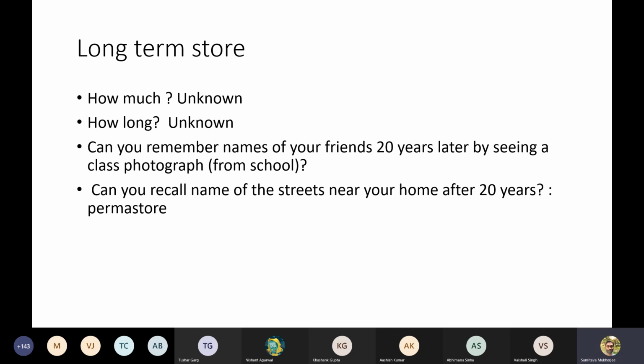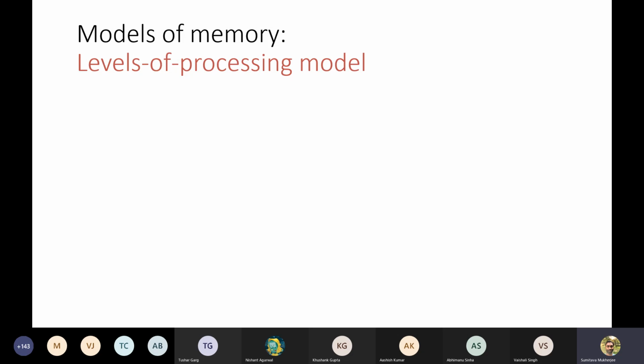However, some of you think that you might remember one or two places, one or two names all through your life, which is why some people also think that long-term storage is actually permanent storage. We somehow don't forget some of the information all through our life, unless there is a memory disorder or some other cognitive disorder. So technically it's kind of infinite. However, having said that, the three-store model is pretty limited in the stuff that it can explain,